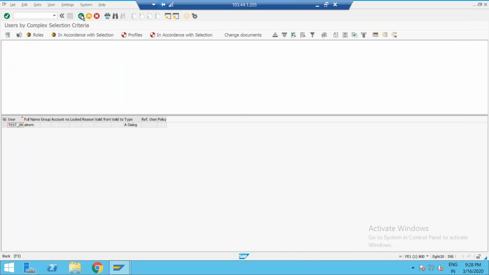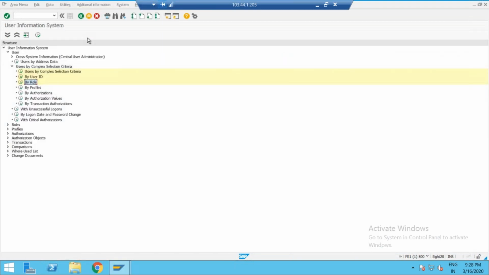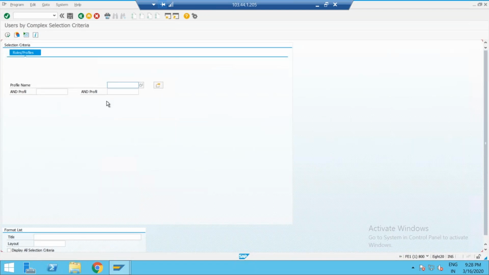Now I want to know how many members have this SAP underscore profile. I want to prepare a list. Go back. By profile concept. Give the profile name, SAP underscore, how many members are having this profile.